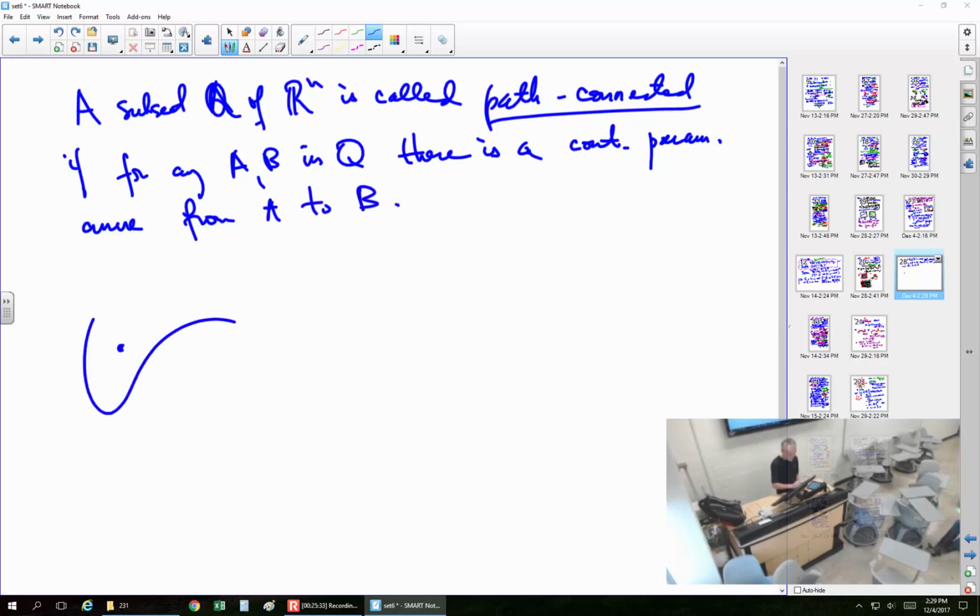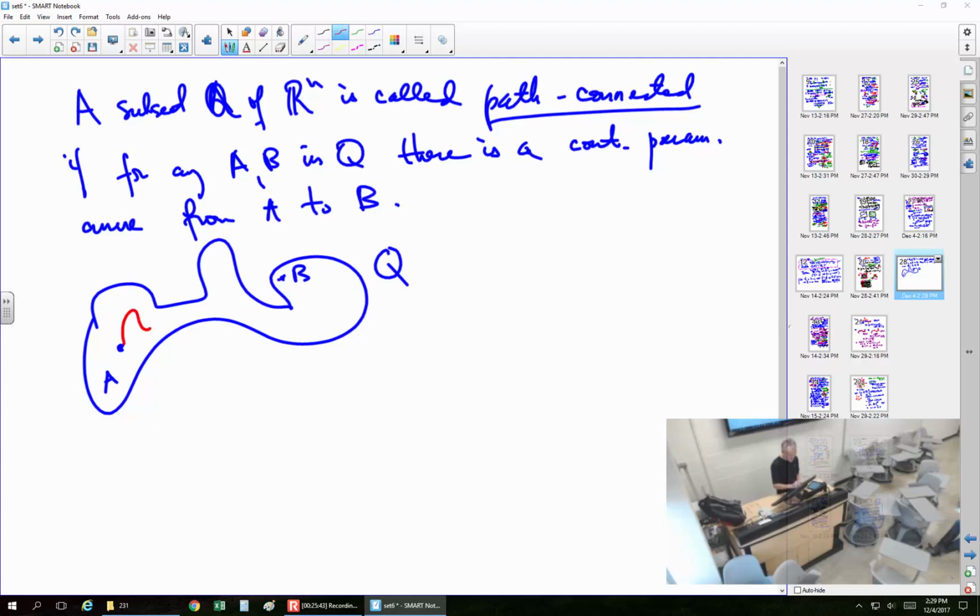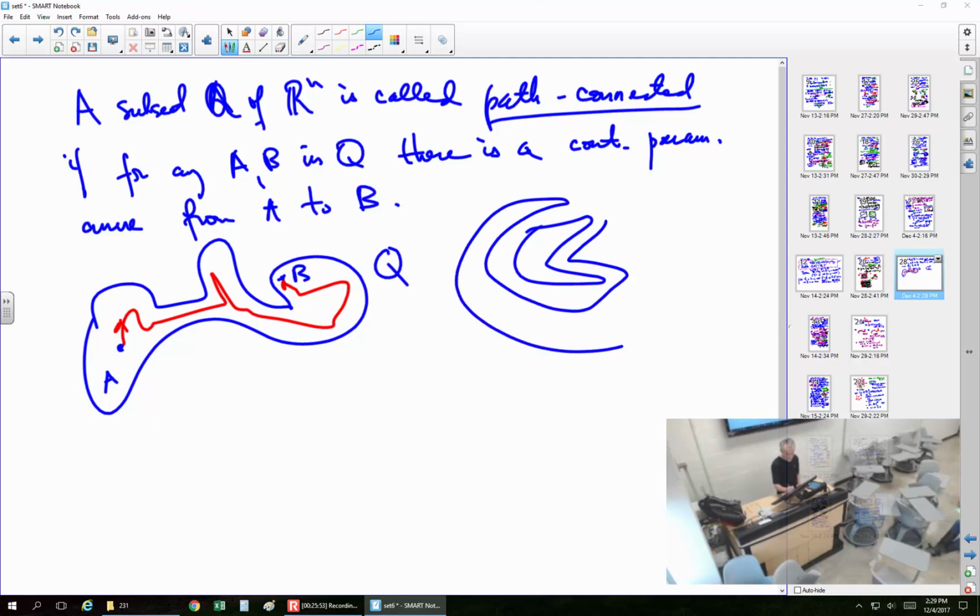Okay, so if this is my set Q, I have points A and B separated from each other like this, but then I should be able to find a path from A to B. Naturally, if there's a break there, like this, the complication that you might encounter might look exactly like that, so you cannot tell whether